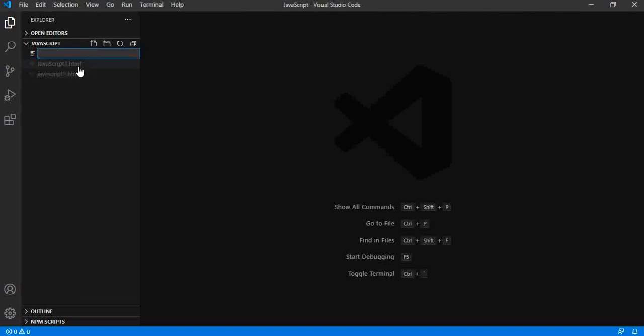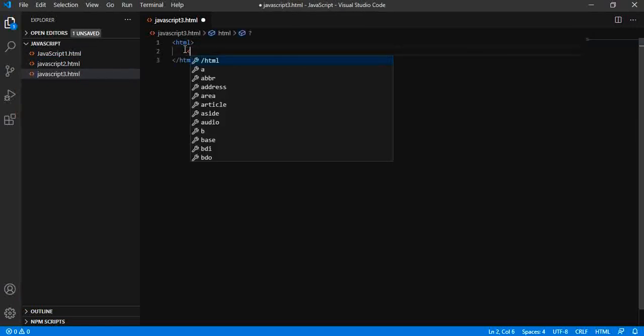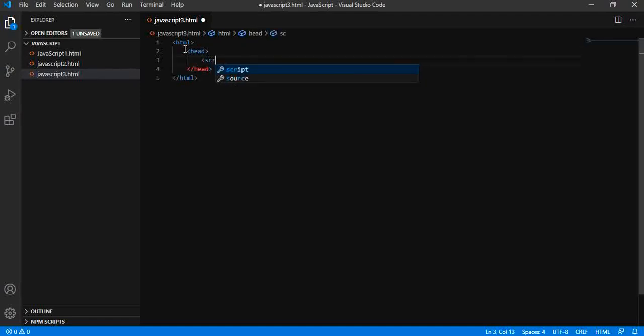Now let me add some content that will be external to our HTML page, and we will utilize that particular external file in our HTML file. So we have created one HTML file. Now we are trying to get the script file external to our HTML page, and we will add